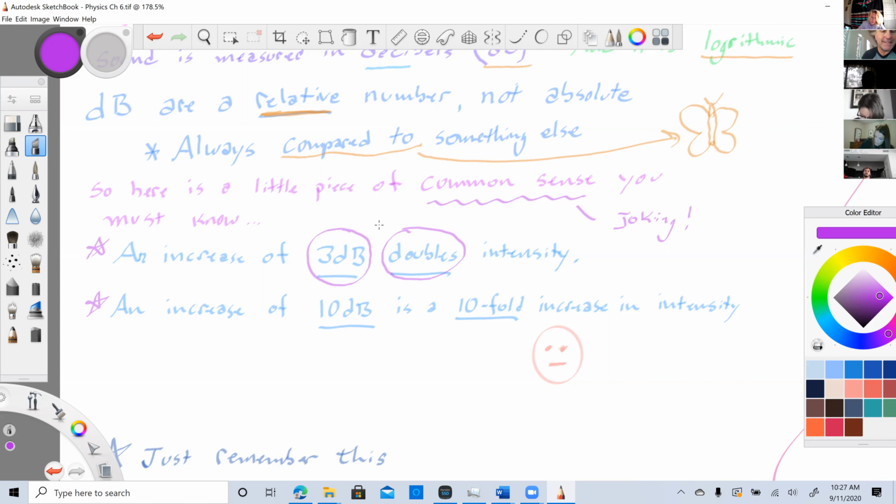An increase of 10 decibels is a 10-fold increase in intensity. In other words, 10 times as much intensity. So 3 is a double, 10 is a 10-fold, which also means